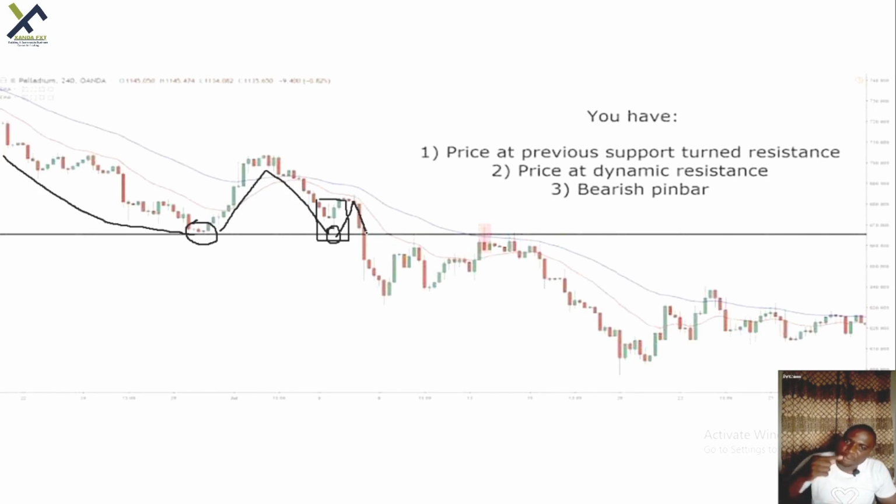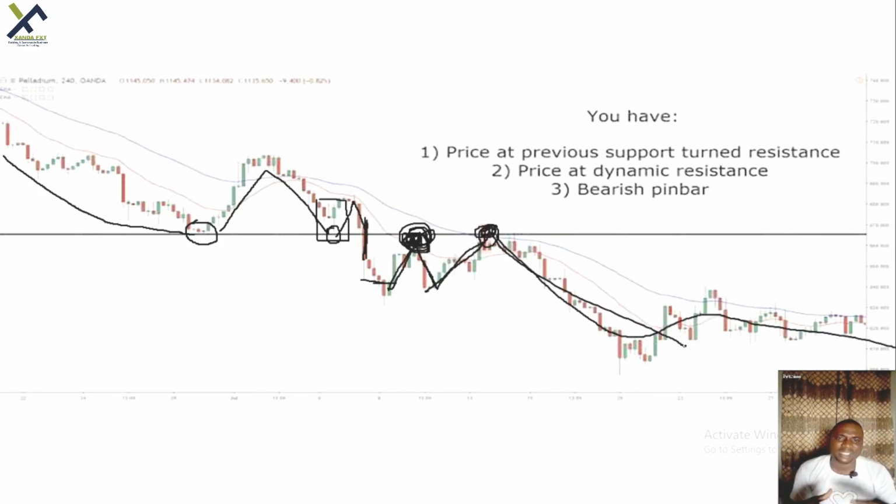Now instead of being rejected to retrace back, what happened? It broke through. After the breakout, now the market retraces back to test the breakout. Now on the testing period, what happens? The support line is turned to become resistance. After the retesting, the new trend will be established and the market will follow it. So I do advise traders, if you are trading the breakout strategy, always wait for 2 or 3 confirmations to know if a pullback strategy will occur. Then if there is no pullback strategy, continue your trend.